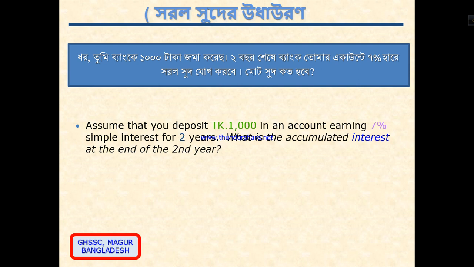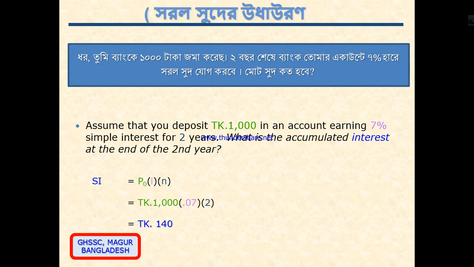You deposit taka 1000 in an account earning 7% interest for 2 years. 7% interest for 2 years. What is the accumulated interest at the end of the 2 years? At the end of the 2 years. Okay,